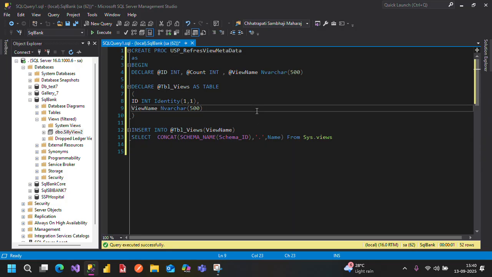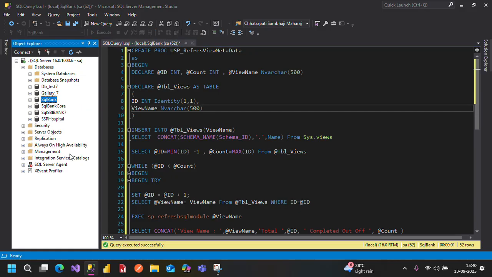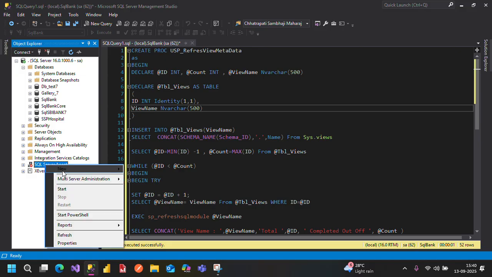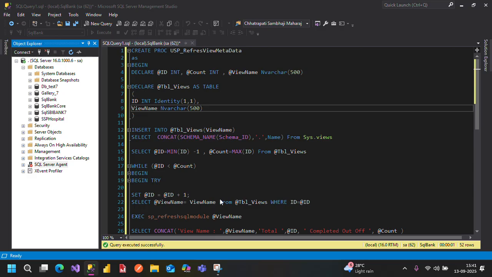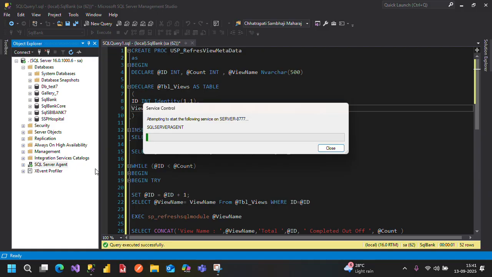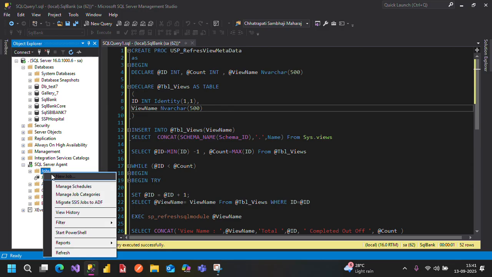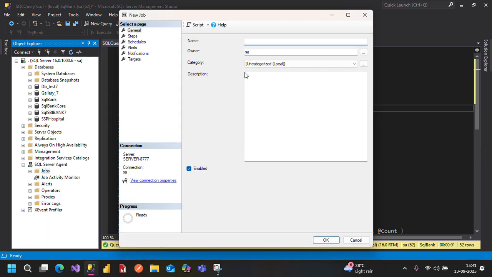Okay, now I'm going to create one job. Before that, we need to start the service from here. Once the service is started, we'll show you how to create a job and how to trigger this procedure every day by using that job. Okay, now you can see here the job section. Click on job, click on new job. Okay, so the name is like